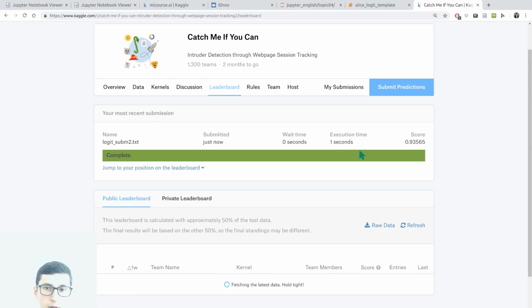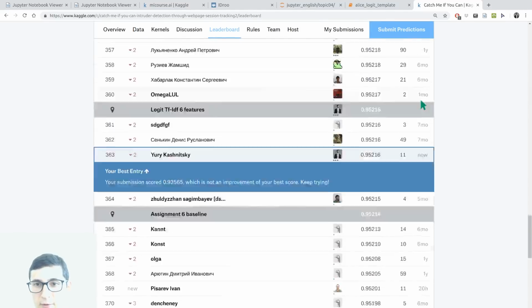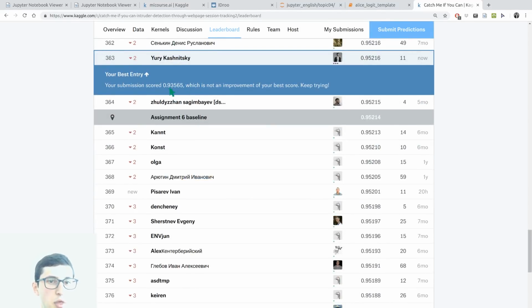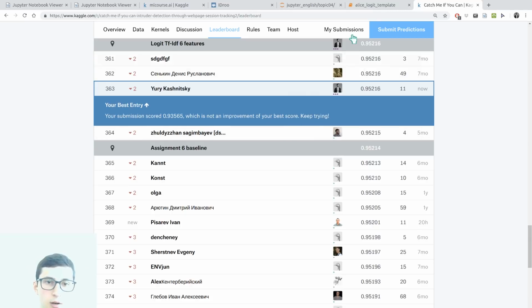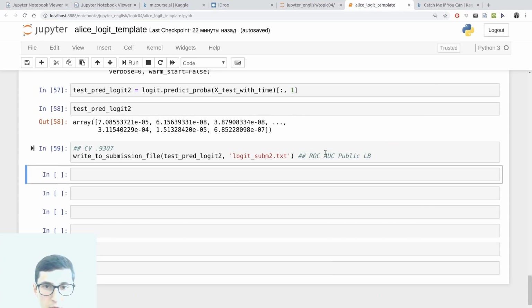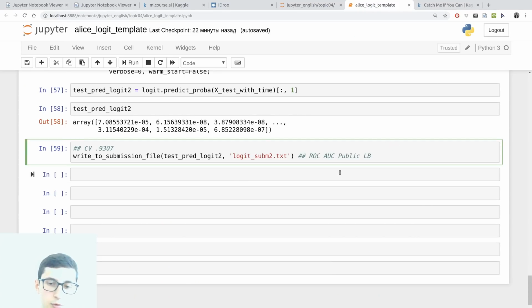It's really intriguing. Woohoo! So it's 0.93565. Okay, so it's much better than our initial template, the baseline solution. Okay, so let's write here that we've got on a public leaderboard 0.9355. At this point, you better go to your Google Doc where you describe your experiments and conclude and write